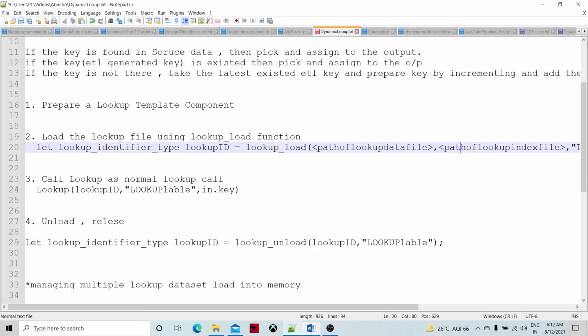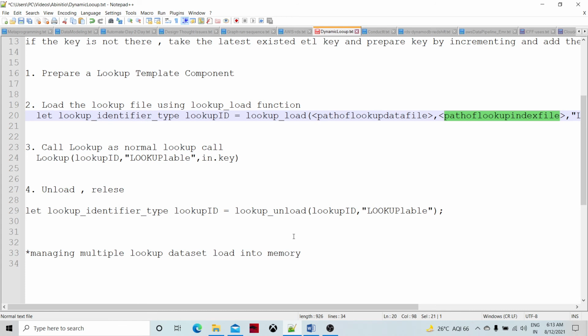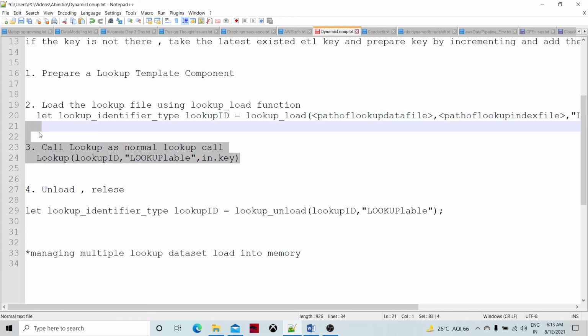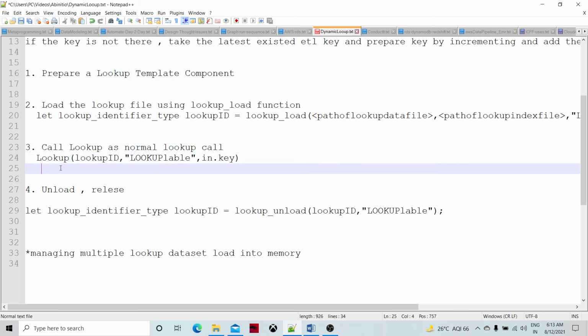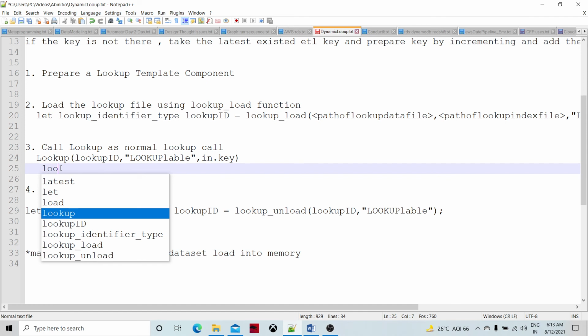So you need to load this index, and while looking up the data, you need to give both the paths, okay? So this is how we load the lookup and we load the data. Basically, we create the data, and there is a lookup load function actually, a lookup add function.